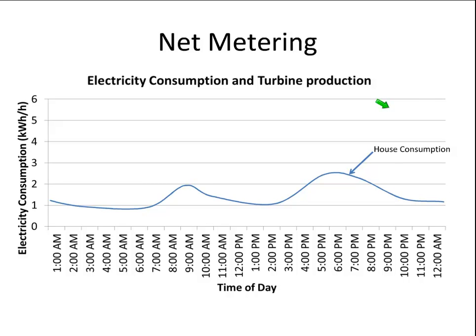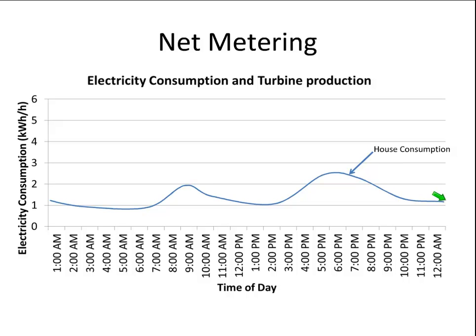And so let's just look at our house. And so here's our house in one day. And so this is what we're consuming. So at night, I'm not using much electricity. I wake up in the morning. If it's my house, I turn my coffee pot on. I cook my oatmeal, and I cook the waffle for my daughter, and I'm using a bunch of electricity, plus the heat is on and other things, and so I use some electricity. Then I go to work, then I come home, and I cook dinner and other things,